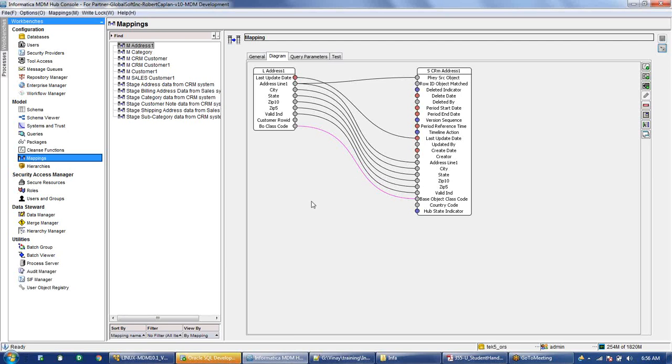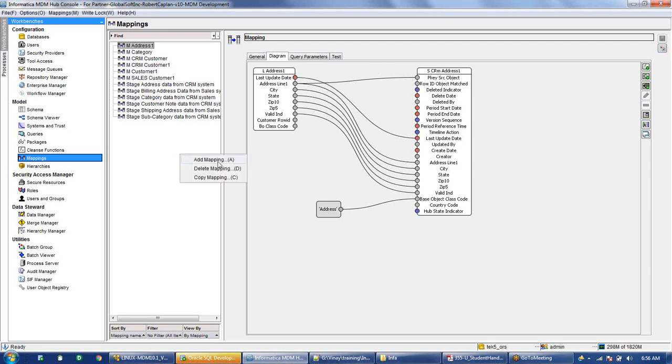In this case, either you can create a column in your landing table and then map it, or you can do it another way. You can just add a constant here, like this. You can create this constant and map it with your staging table. So this also can be done. Both ways are fine: creating a landing column in the landing table and mapping it, or adding the hard code here, if you know that for your customer table or address table you are using only one entity type.